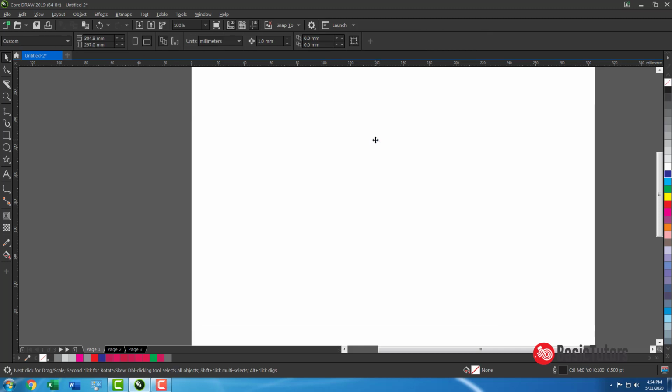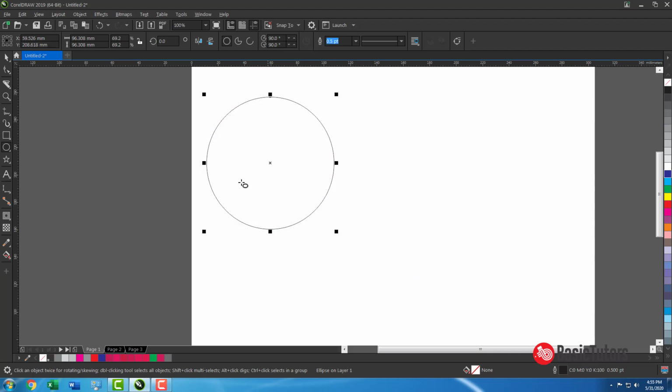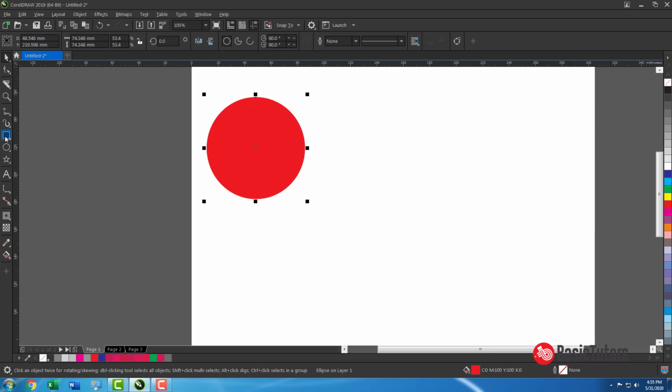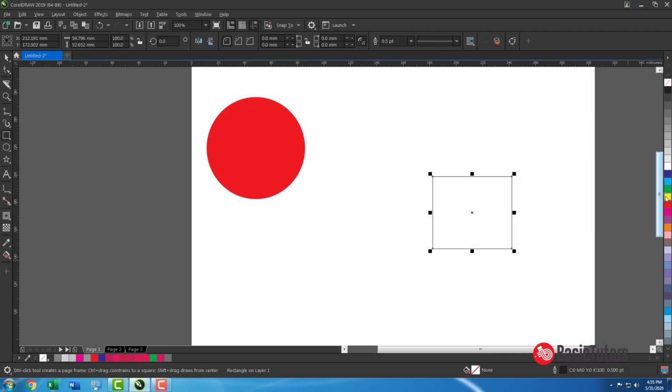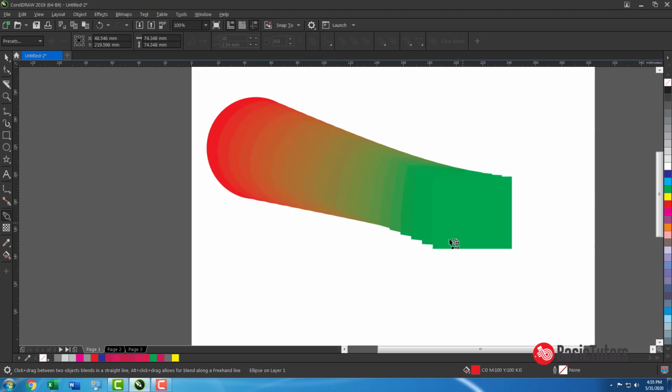Then the next one is the blend tool. This is a very important tool, for blending. For example, this is an ellipse filled with red color, and another object, a rectangle, filled with green color. If you blend these two objects, see what will happen.